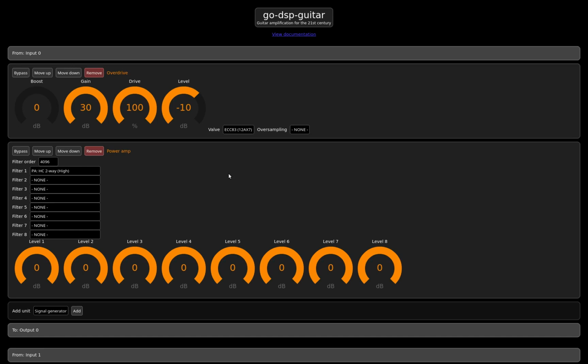Yeah, so these were the guitar amplifiers, and we have some PA speaker models. Of course these are not really made for guitar, but you can use them the same way.